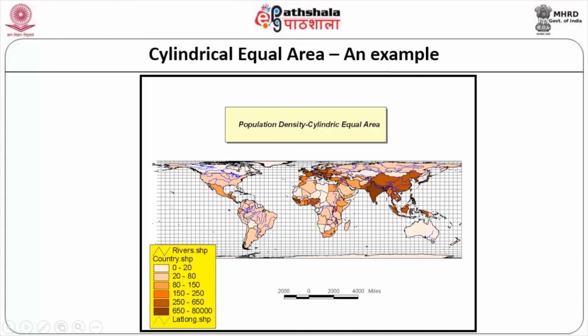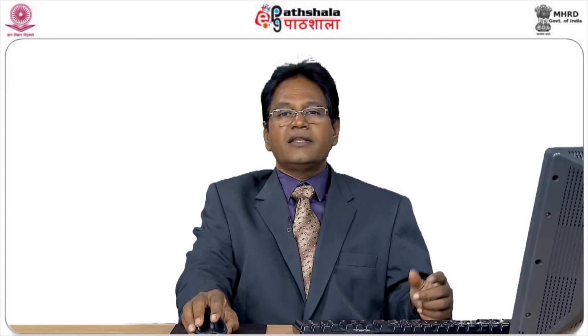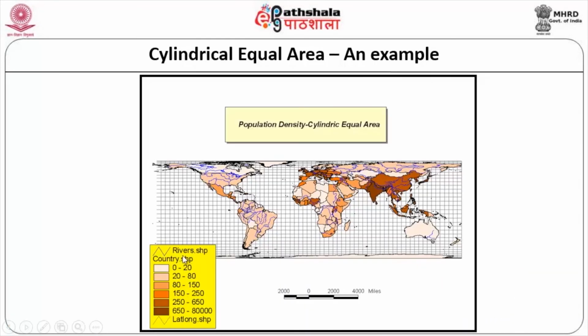You can see the distortion here, whereas in this context there will not be any, because this is more of a representation rather than actual study. Any kind of projection that is going to affect your quantitative analysis, you should not attempt. If it is not going to affect it, and it is only qualitative in nature, then there will not be any error. Here, what we are trying to do is something like population density. It is only a representation, isn't it? So it is not going to make much of a difference, but when I make measurements on this, it will be an issue, so you have to take that into consideration.